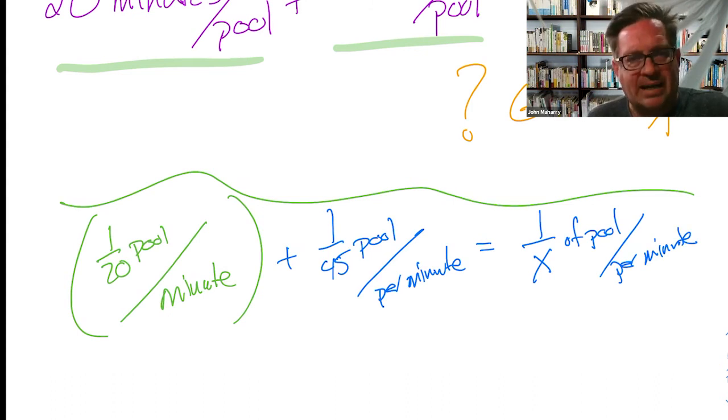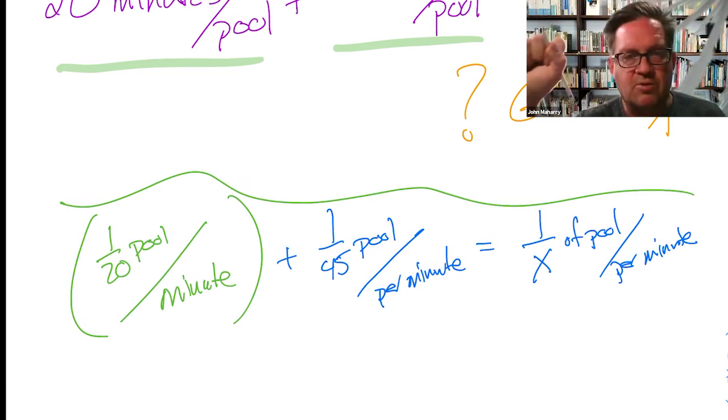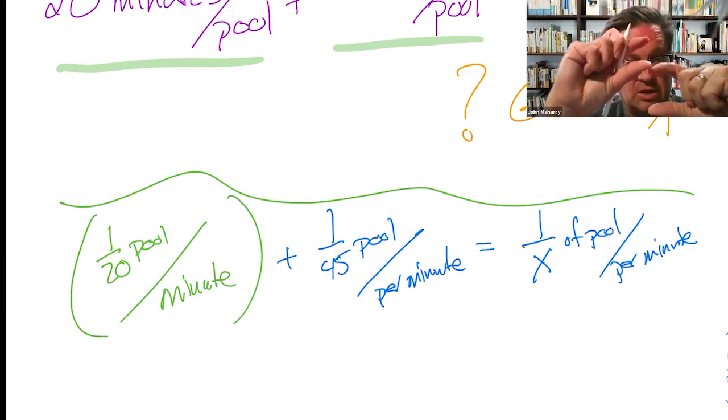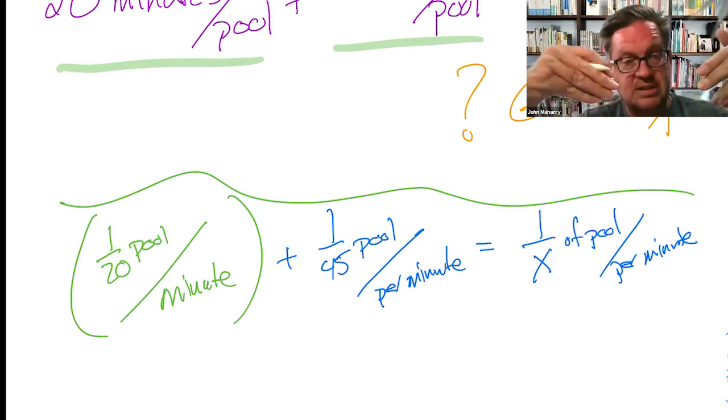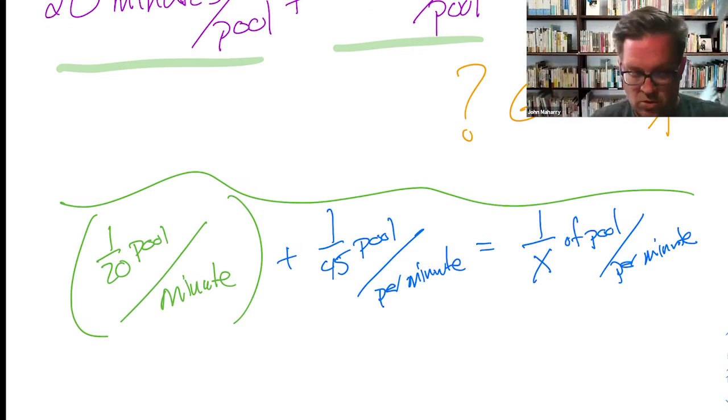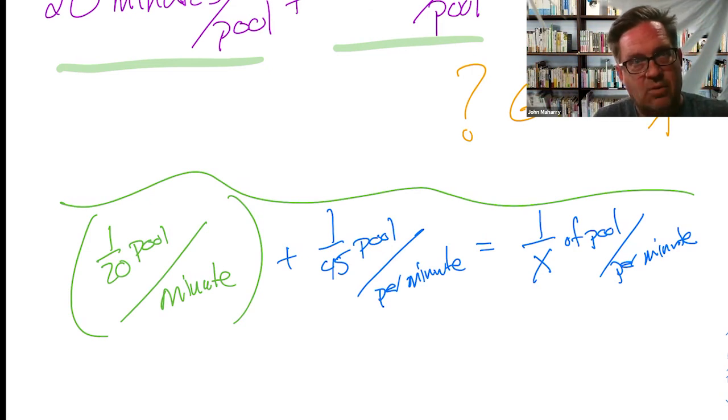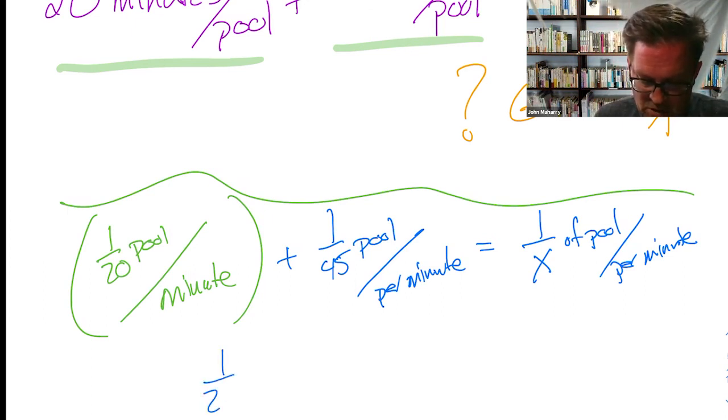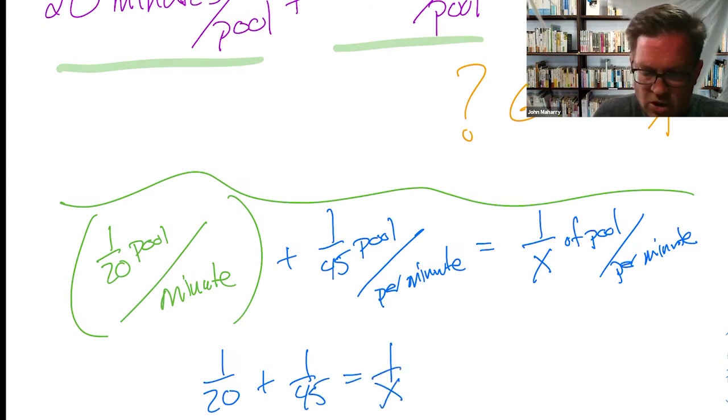And those do add, in the sense that, pretend you let the big hose fill for 1 minute, it fills a certain amount of the pool. Then you let the other one fill for 1 minute, that'll fill another amount of the pool, and those will add together. So if they were filling at the same minute, that would be the combined total. So these can add in that way. And so you have to think logically in the context of the problem, do they add correctly? And so you get 1/20th plus 1/45 equals 1/x. And you can solve for that by getting a common denominator